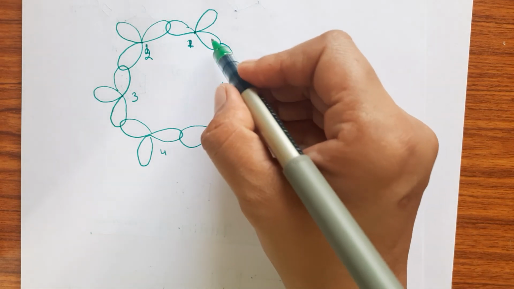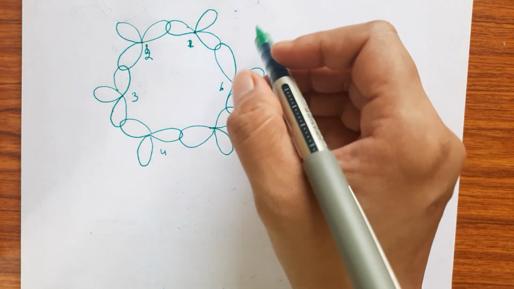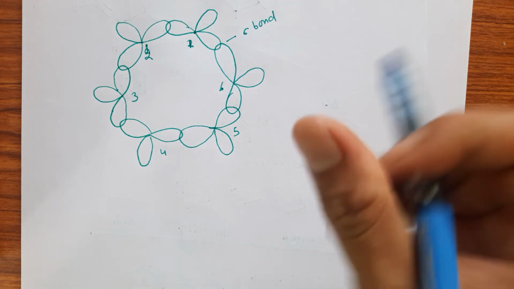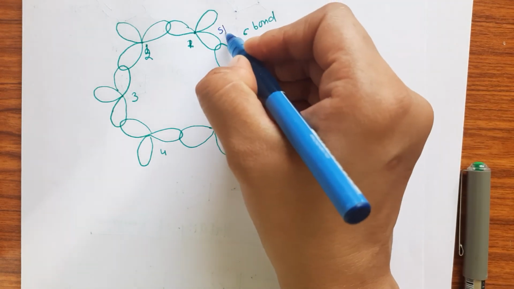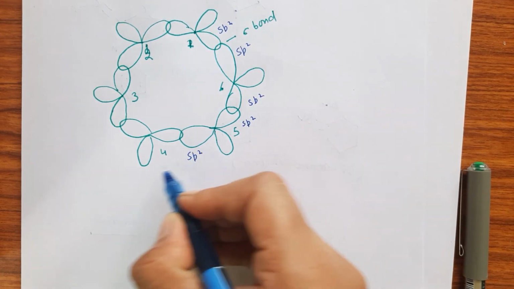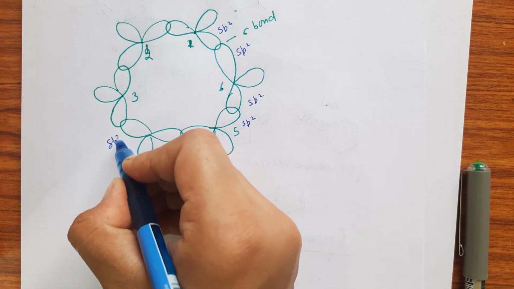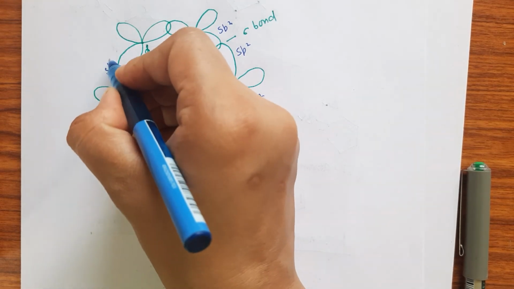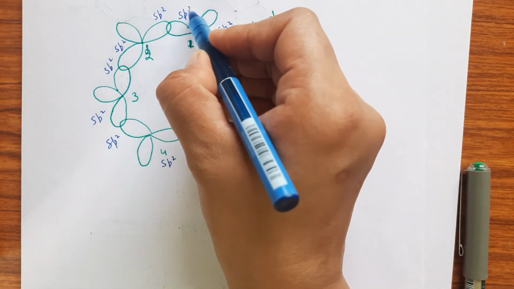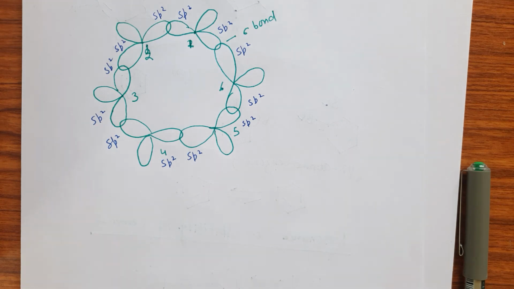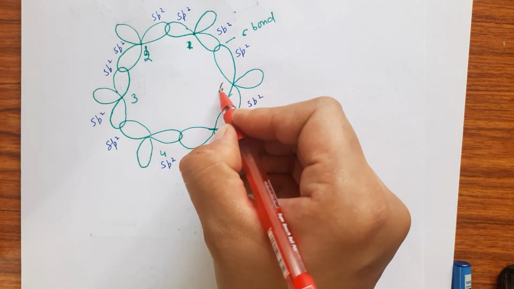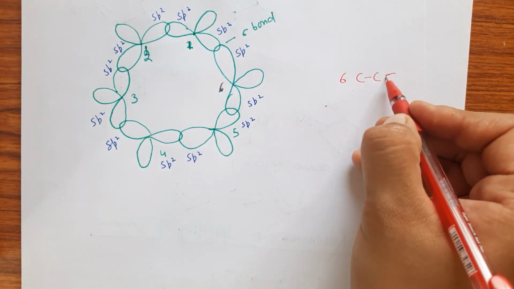by the overlapping of sp2 hybridized carbon orbitals, there will be formation of sigma bond. This is sp2 hybridized orbital. This is also sp2. In the same way, sp2, sp2. This is sp2 hybridized orbital. Again sp2 hybridized, sp2. That means out of 3 sp2 orbitals for each carbon atom, 2 are used up for the formation of sigma bonds, in such a way that we will get 6 carbon sigma bonds,